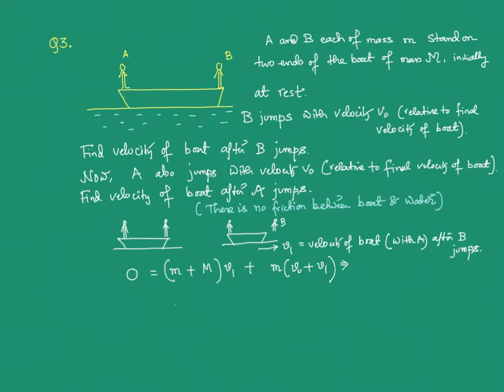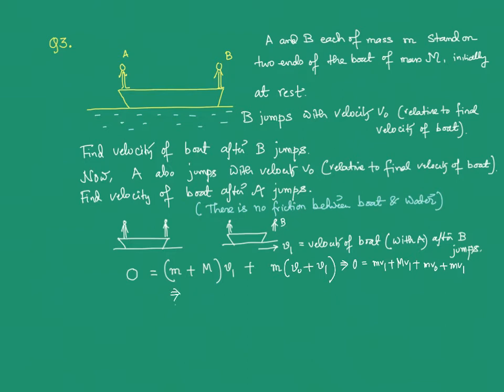So here what you get is 0 is equal to m v1 plus capital M v1 plus m v naught plus m v1,